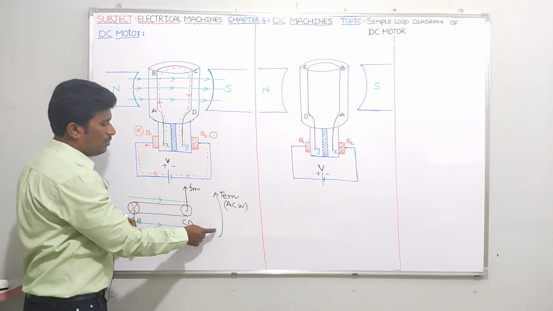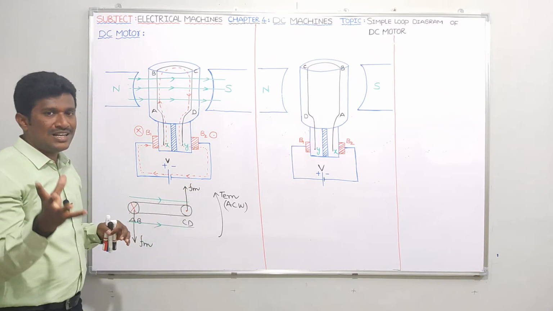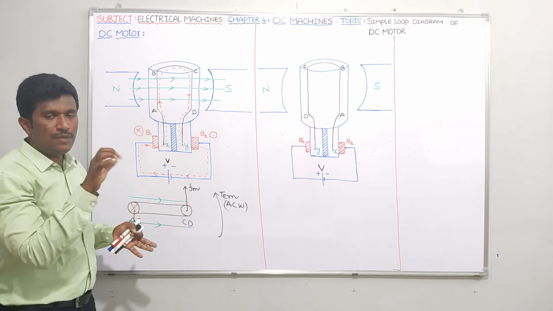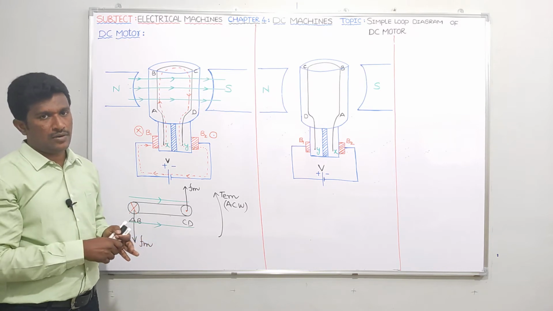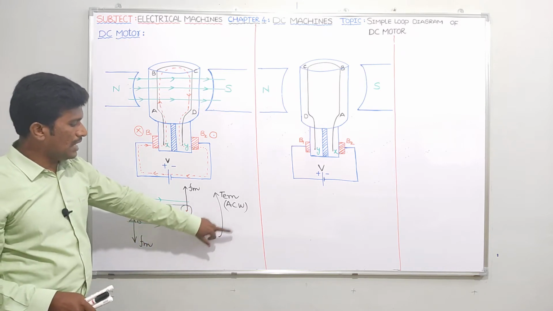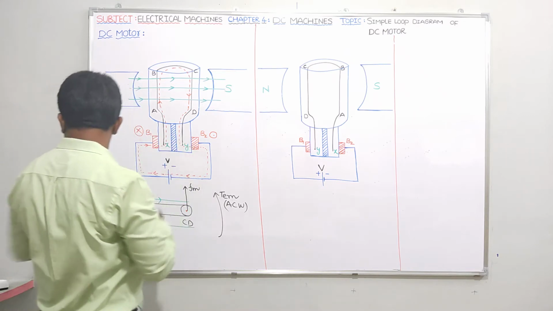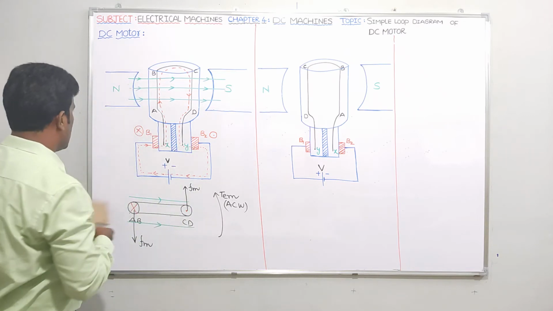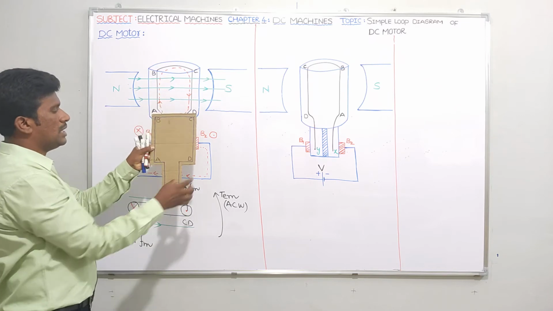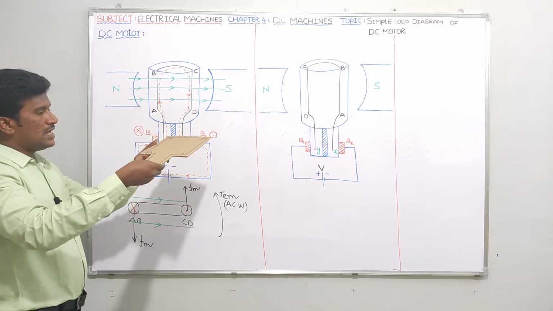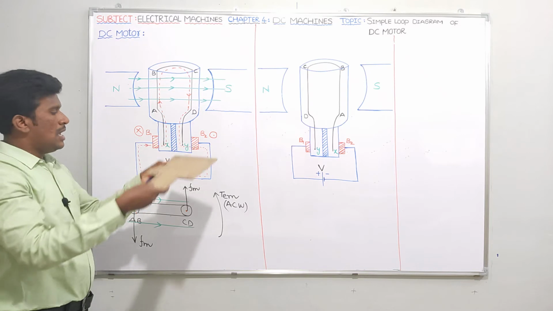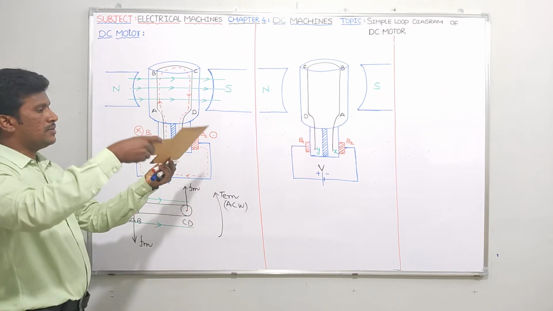See, I got electromagnetic torque. We don't have any prime mover torque concept in a DC motor, right? TPM will come only in a generator. So I got electromagnetic torque in the anti-clockwise direction. Is it clear? Now, anti-clockwise direction means, if you see this one, this is what I can say A, B, C, D conductor. Since I have taken only 2 conductors here, A, B, C, D, anti-clock.